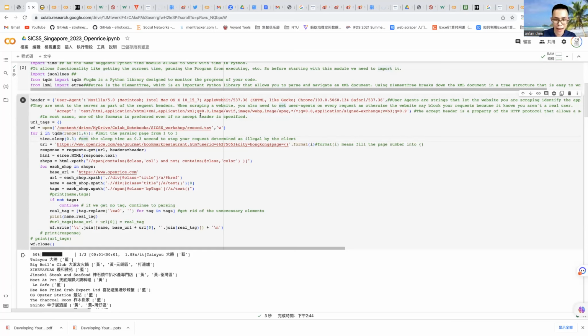So for every request, there is a gap. The gap is 0.3 seconds to wait, to take a break. Otherwise, I may be determined by the client as illegal. That's why I set it here. And if I set it as 10, let's try.